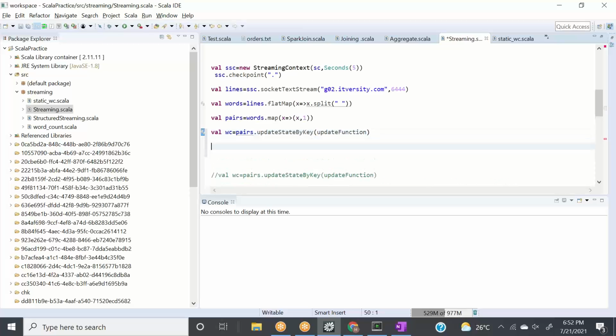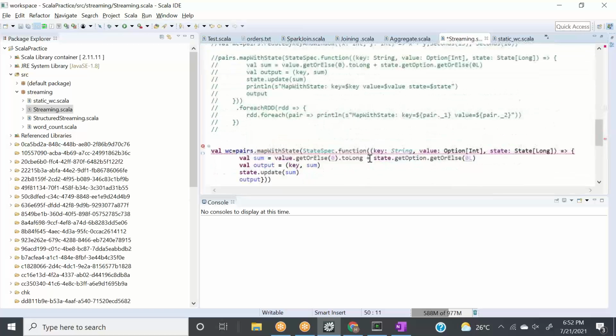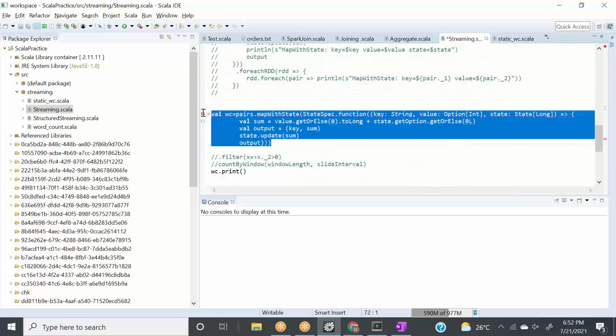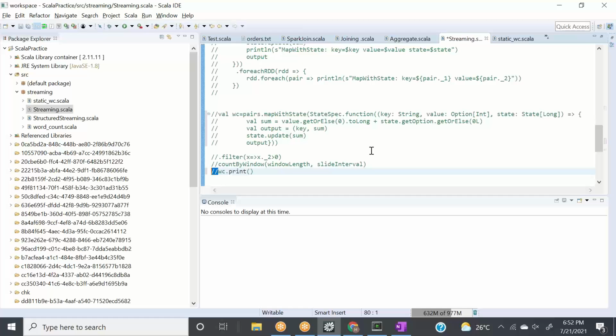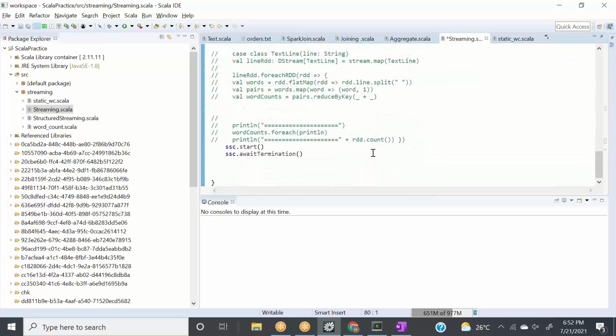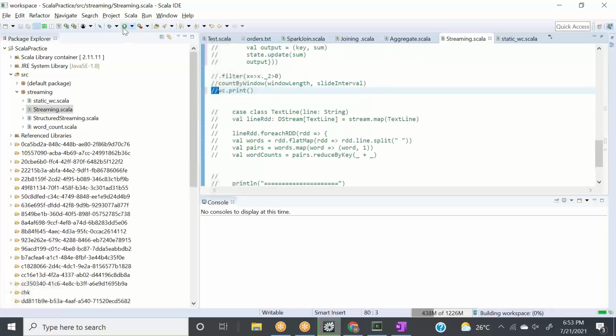right? And then what we are doing is wc dot print. Okay, so let's see here, and let's comment this, and let's comment this as well. Everything's cool. And then we are starting the Spark streaming application, and then we are waiting for the termination from the user end. Let's run it. It will fail because we haven't started our terminal yet.